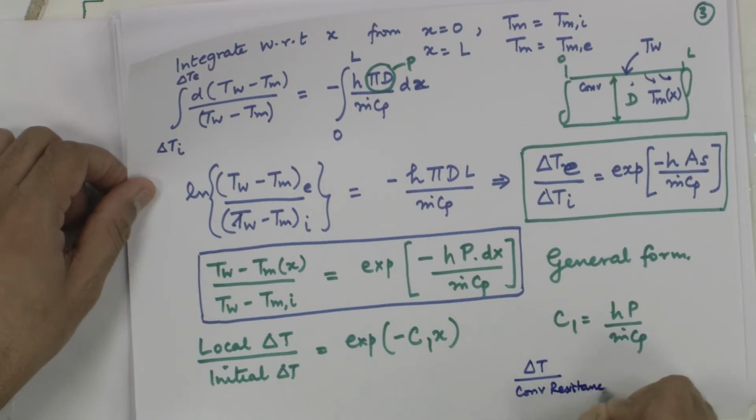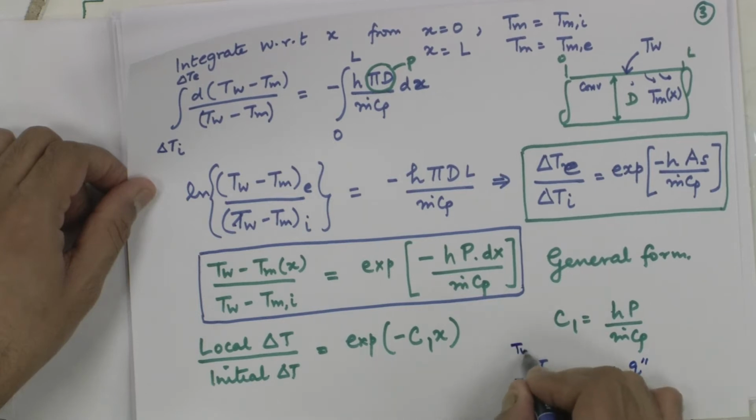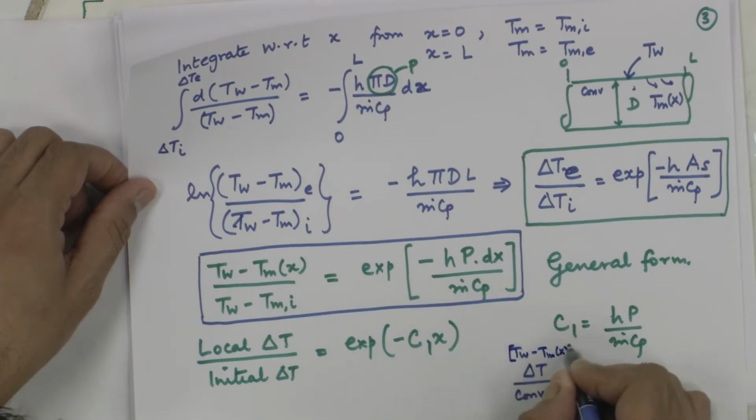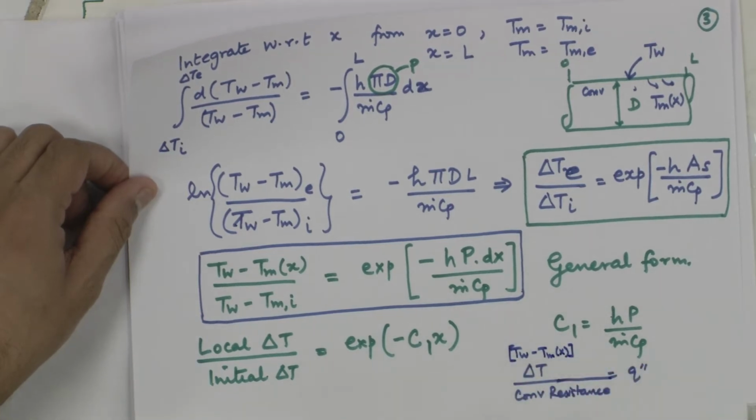That is my heat transfer, everybody agrees. So, Q double prime is nothing but local T wall minus T bulk mean local. This is my driving temperature difference divided by the convective resistance. Instead of having a single resistance, I can extend this to a case where I have multiple resistances, and the